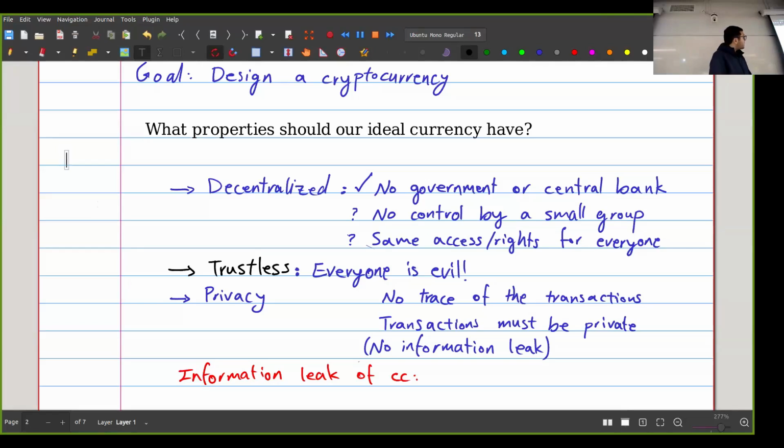But actually, if I want to go a little bit further, I want to say that my currency is also not controlled by a small group. So you can easily imagine a system where I don't have one central bank, but maybe I have 5 or 10 companies that control everything in the monetary system. And I don't want to have that kind of thing either. So actually, this is the kind of thing that back in 2018 and 2019, Facebook wanted to create. They wanted to create a cryptocurrency that was basically governed by 30 huge American companies.